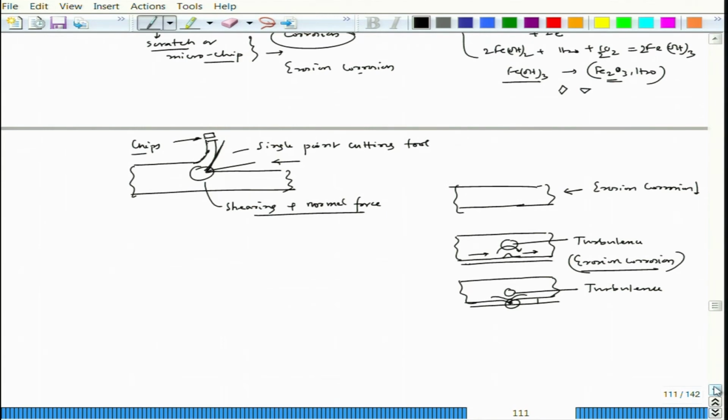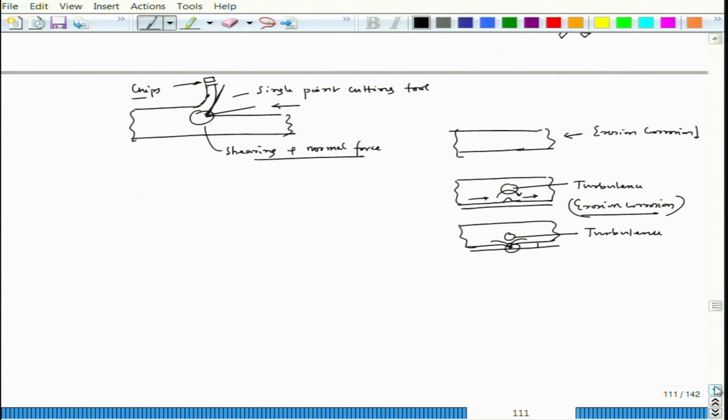Now, before we end a kind of introduction to erosion corrosion, there is one more serious effect which happens in case of impeller blades. So, we call it cavitation damage, cavitation corrosion. In fact, this is more popular in the form of cavitation erosion. But there will be a definite effect of corrosion. Okay. So, that is why it is better to put it as cavitation erosion corrosion.